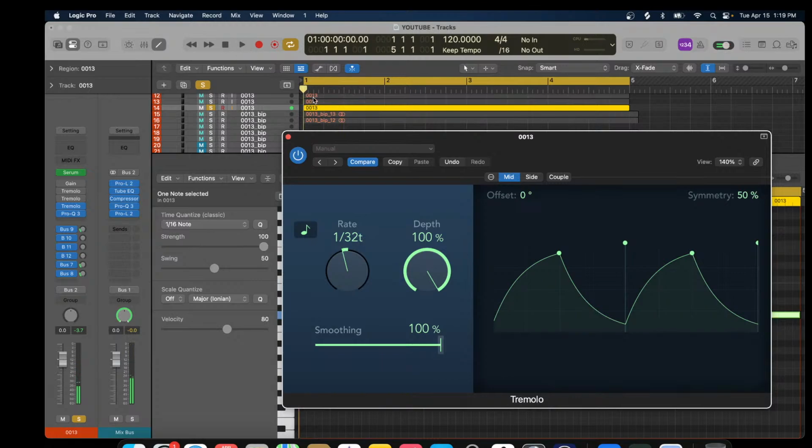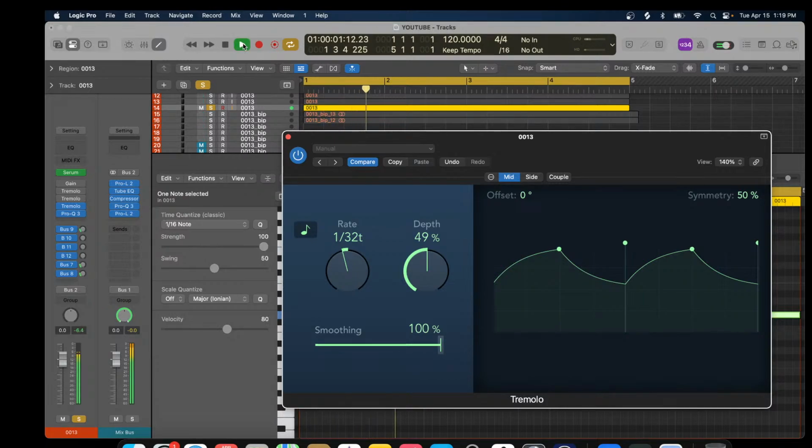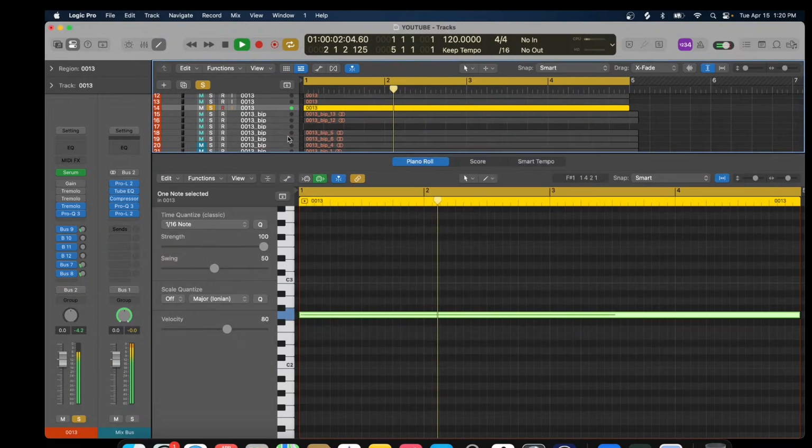Okay, let's go back. Let's bring this thing so that it's not distorted out too much. Let's just set it at a 48, and we'll keep the smoothing at 100%. So this is what it sounds like. In fact, let's pull the distortion back. So this is how we want, let's just pretend this is how we want our bass to sound